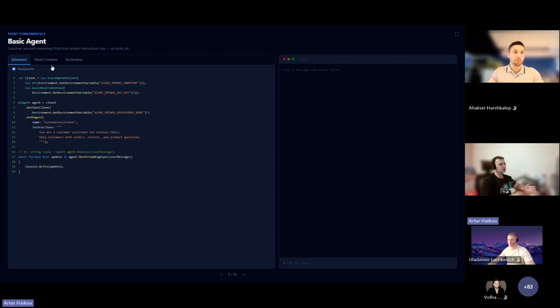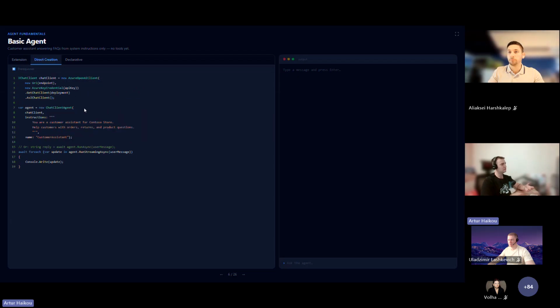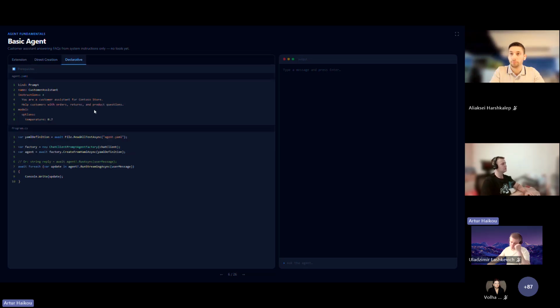But also, as I mentioned before, you're able to create a specific implementation of the AI agent, like chat client agent. And again, you need to have a chat client. In my case, I use Azure OpenAI, but of course you can use Anthropic, Llama, ONNX providers, or for instance, GitHub Copilot. It's also available for you. And based on it, you're able to create your chat client. And again, you just need to provide name and instructions.